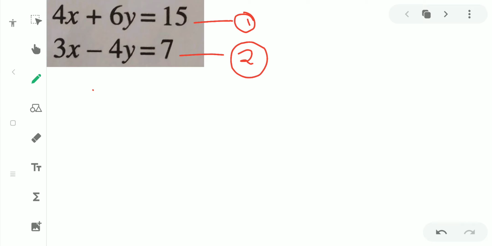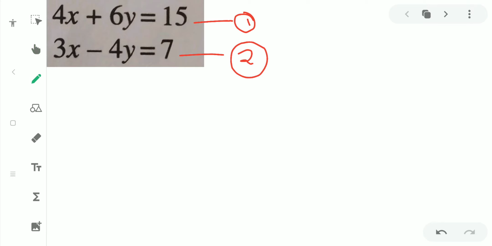So as I have said in the previous video, first of all, we should take the two variables and the numerical value which is given onto our LHS side, and we should equate them with 0. So let me try to solve it. So this 4x plus 6y is equal to 15. On transposing 15 to the left hand side, I will get minus 15 is equal to 0.